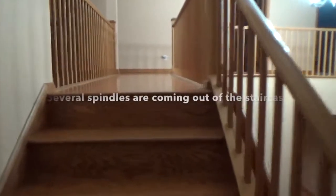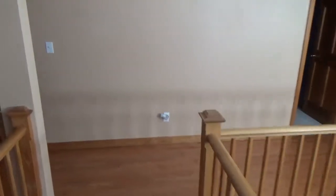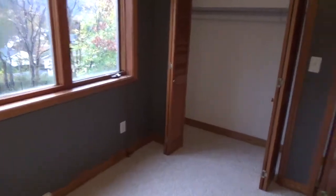The biggest challenge, however, that we have is going to be upstairs here. And this is a problem that's actually been occurring for a long number of years. I would say probably 10 to 15 years. And the original roof, when it was installed, there was no cricket put on the chimney. And what happened was that it would leak. And it would leak down this wall. If you notice, down in the living room there was a chimney, there's another shot in the window from the inside. There was a chimney that fed the fireplace,